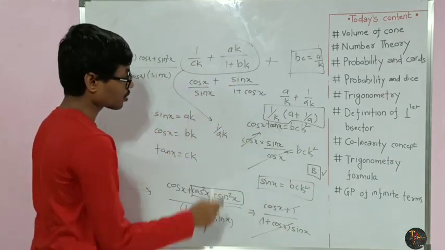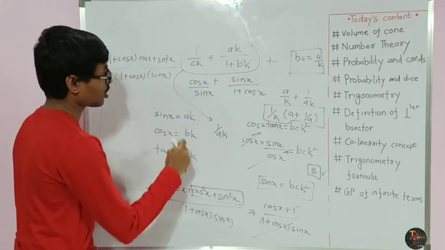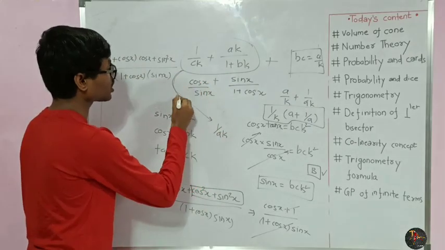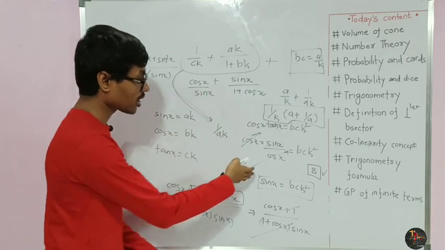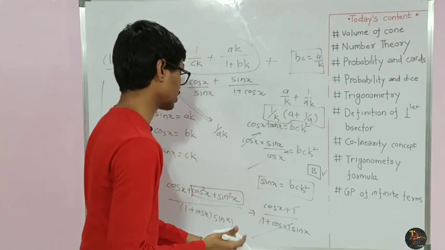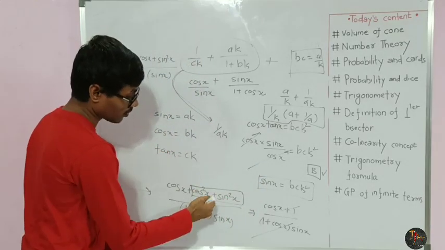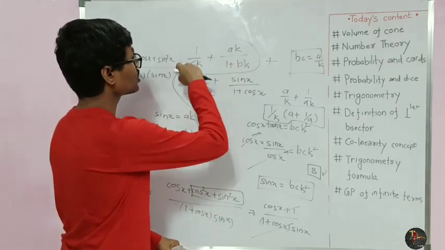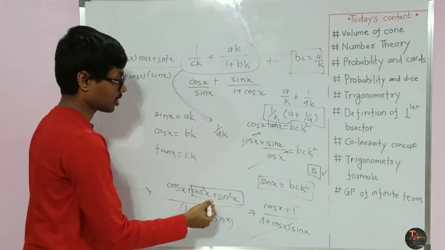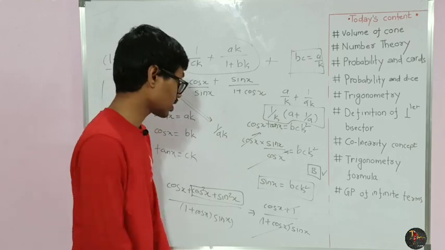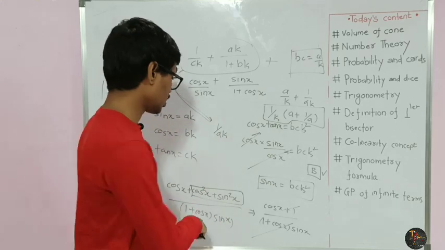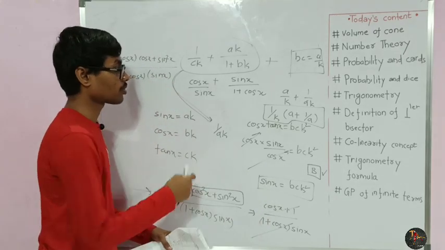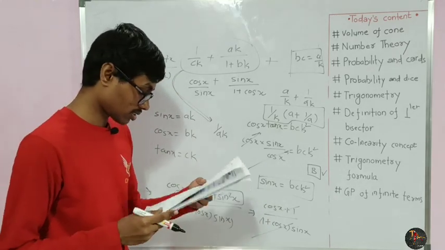This is one of the beautiful questions in which we have to get these steps. Getting these steps is more difficult. This is an advanced problem. First of all we have to get these important steps, and then we have to apply sin square x plus cos square x is equal to 1. That formula also we have to apply here. So it was one of the beautiful questions from today's class.